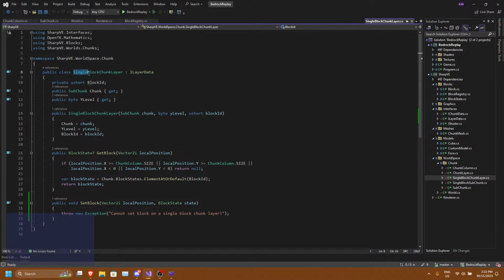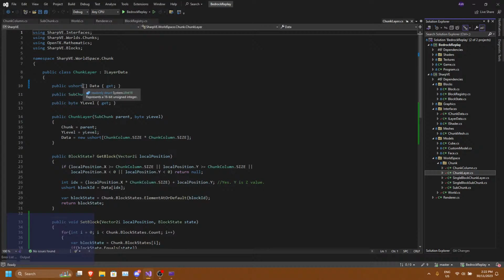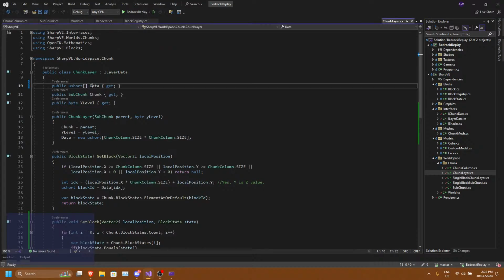Because single block sub chunk layer looks exactly the same as chunk layer. And we have our data here, and we have our... What is going on here?